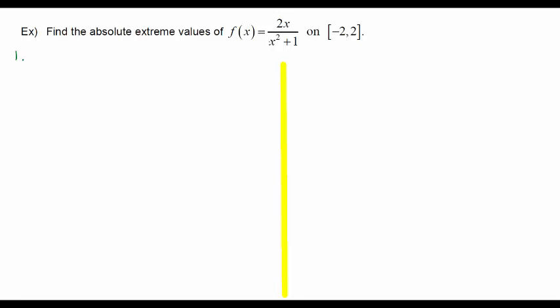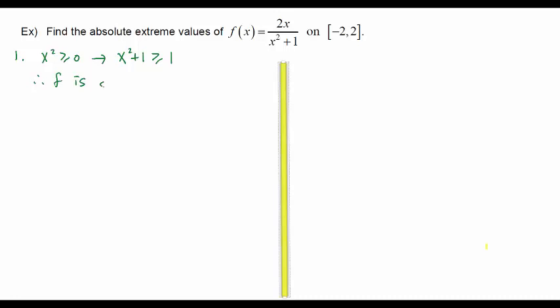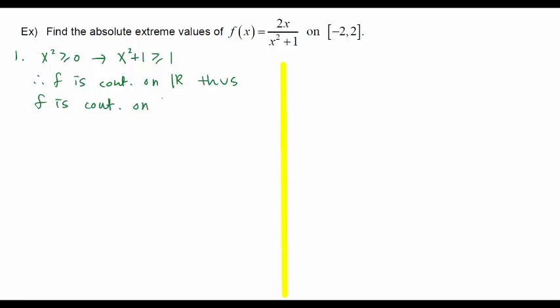However, your denominator is never 0, because x squared is greater than or equal to 0, that makes x squared plus 1 always greater than or equal to 1, which means x squared plus 1 is never equal to 0. So f is continuous on R, thus f is continuous on closed interval negative 2 to 2, hence EVT